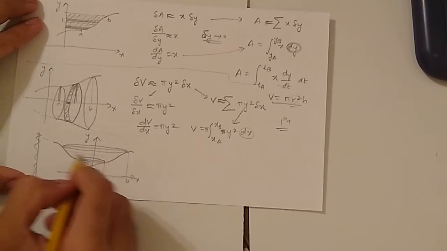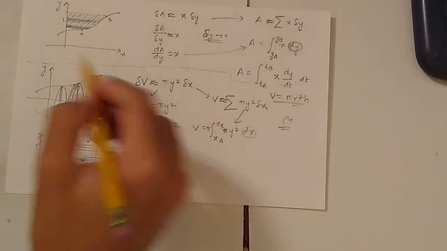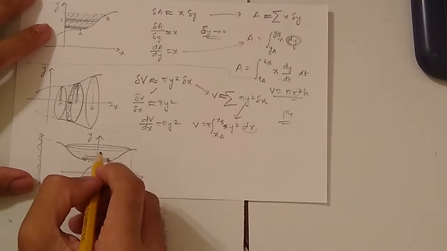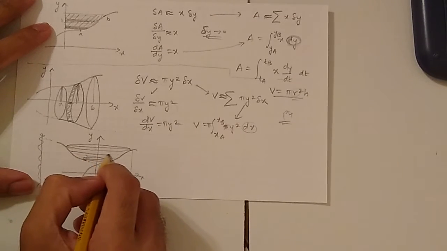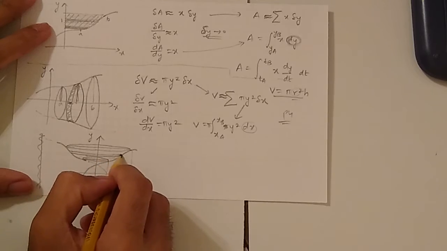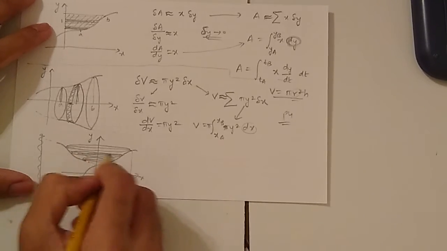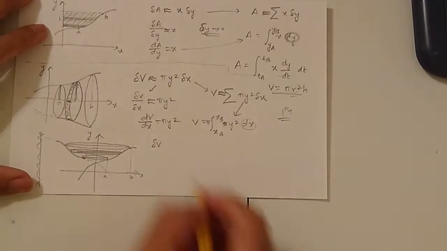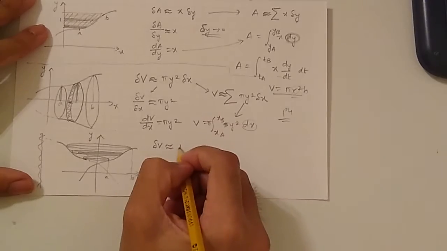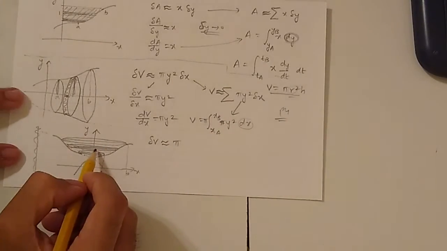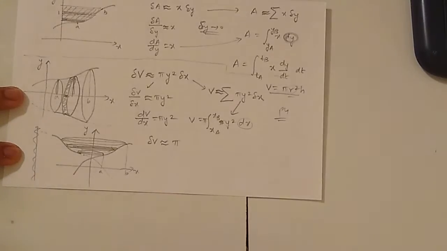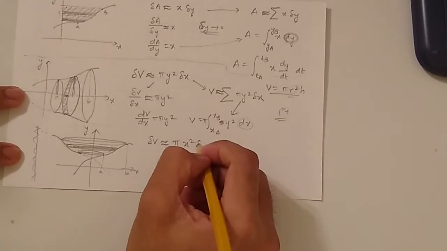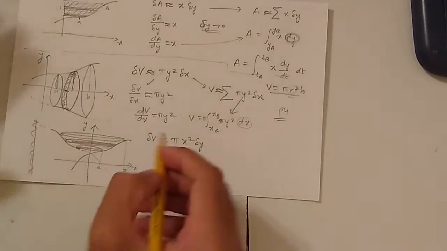In the earlier case you revolved around the x-axis, and in this case you're revolving around the y-axis. If you try to prove the formula here, you'll be considering a small thin disk. This thin disk is going to have a small volume delta V, which is approximately equal to pi r square h. r is your radius, and your radius is going to be x, so pi x square, and your height is going to be the small change in y, that is delta y. Again you can use the same version.